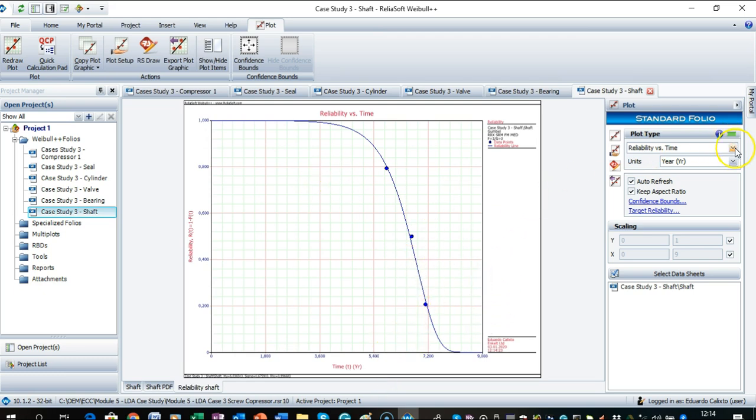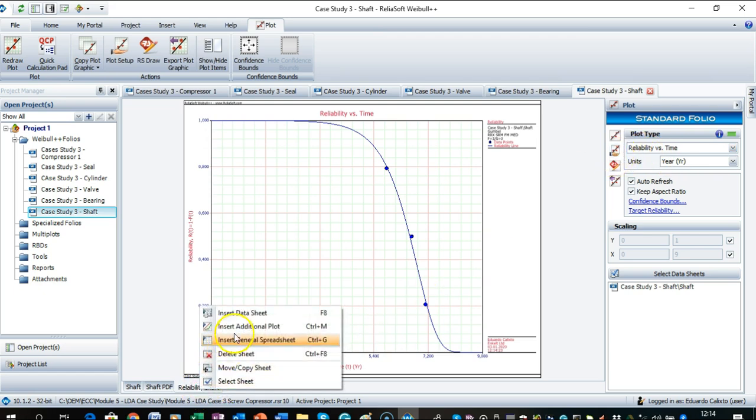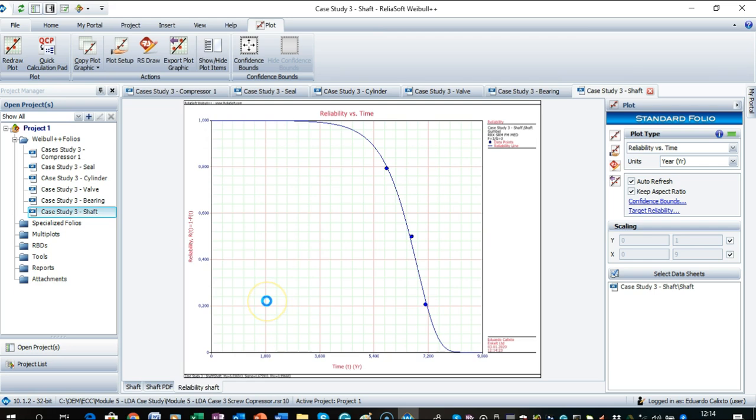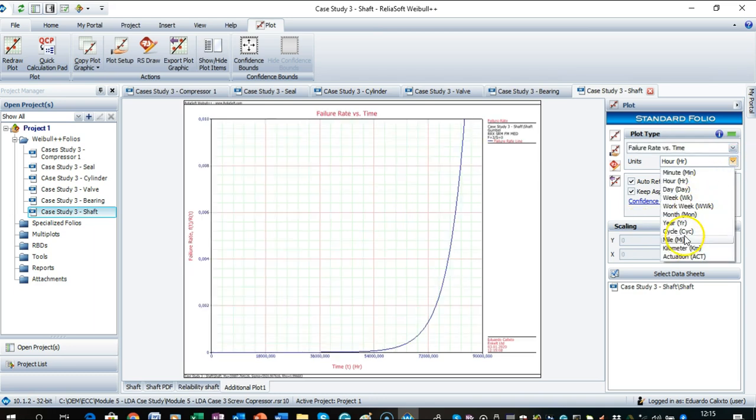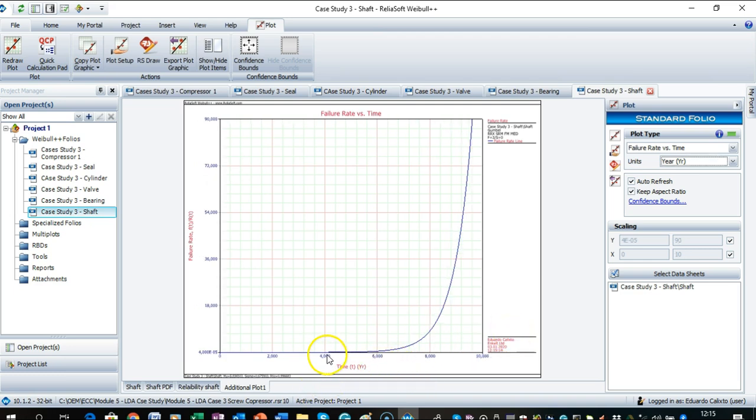That is the reliability shaft, and that's great. And now we just insert one more piece of data, let's say the failure rates. That's the third very important case that we have for our analysis. Here we can see that after 3 years the failure rate starts to increase. Here is a classical case where, despite a small number of data, we can see a very clear